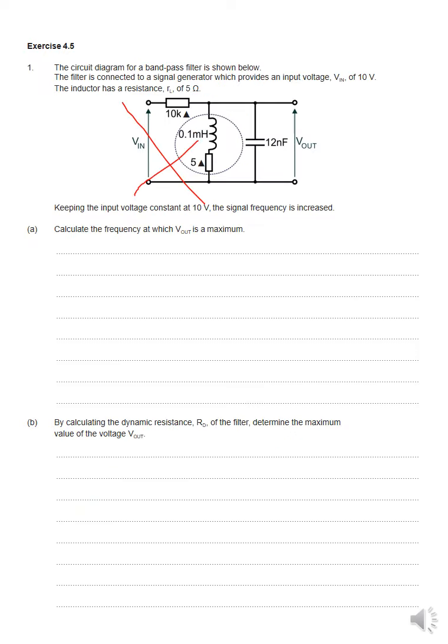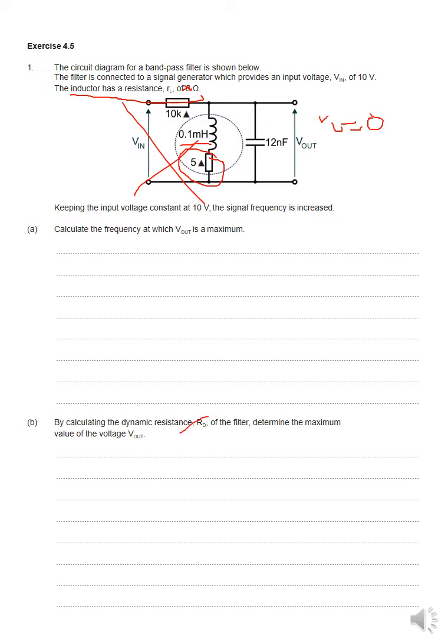Again, this question has that. So what I will ask you to do is remove this from there and then solve this question by removing this. So you will consider that you have a resistance of 10k here and you have an inductance of 0.1 millihenry. So there is no effect of this RL or RD there. Okay, so you will consider that inductor to be an ideal inductor with RL equal to 0. So you will not consider this part, and then you have to do all the calculations.